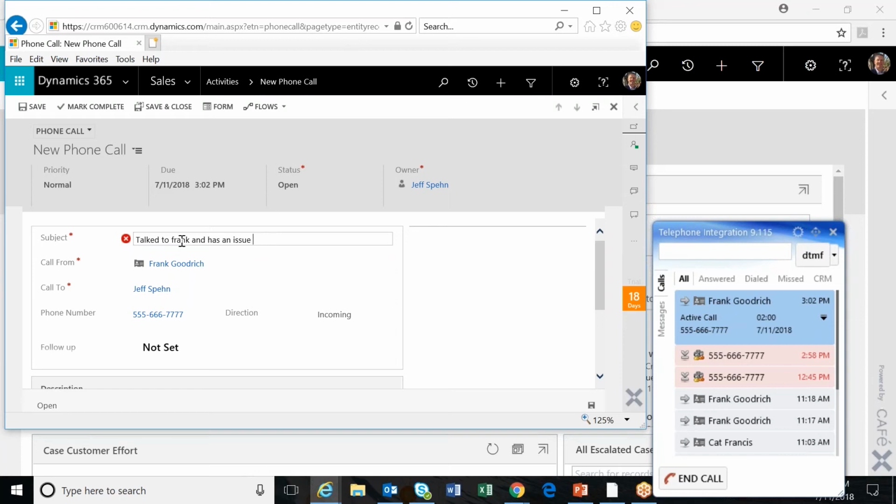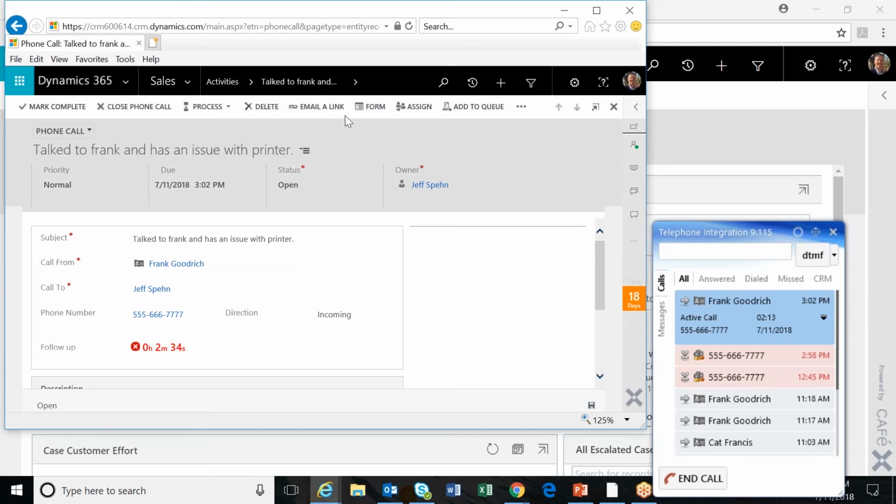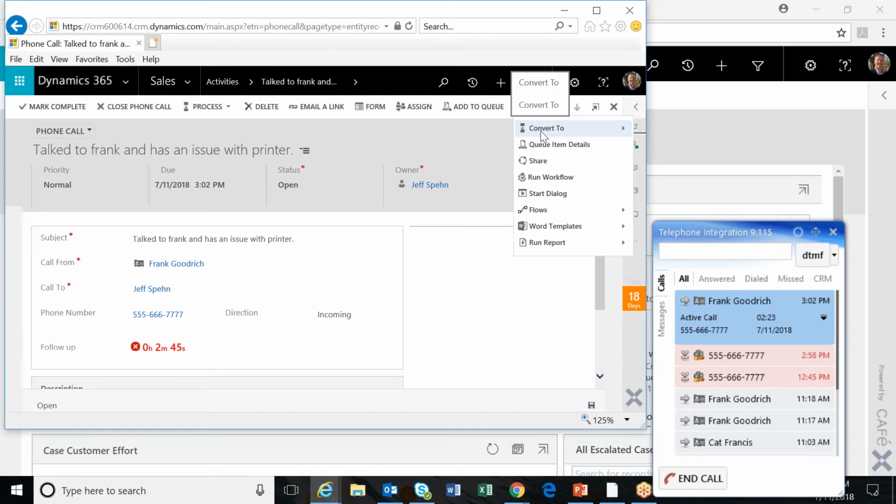So I'm just not logging that he's calling in with an issue with his printer. Well, I don't want to put too much information into this phone call record. I'm going to go ahead and save that, so at least I've documented that I've had this conversation with Frank. And then from this phone call record, I saved it, and I can convert this phone call record